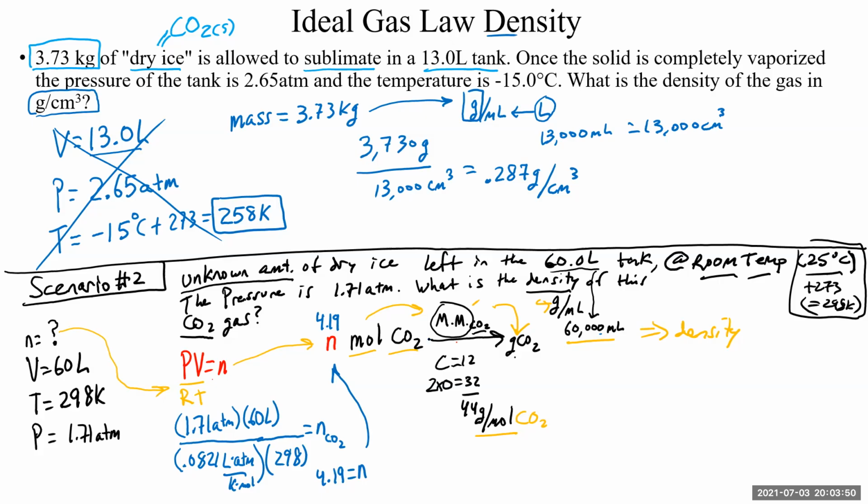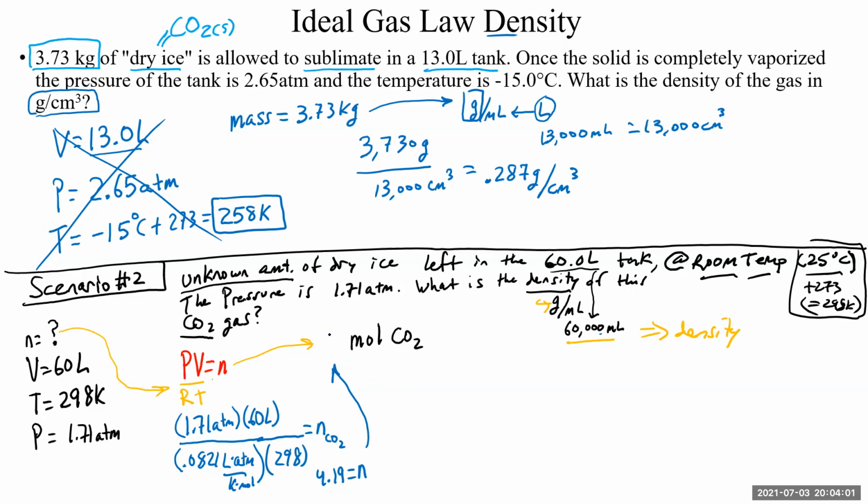So let's declutter this a little bit. Let's actually work this. Let's do a standard mole to gram conversion over here. Forget about all this. Let's just go back to our usual standard operating procedure, put everything its normal way. So here we'll use our dimensional analysis, 4.19 moles of CO2. We know that every 1 mole of CO2 is 44 grams because that's the molar mass, or the molecular weight, of carbon dioxide. Adding up all the atomic weights, we get 44 grams per mole.